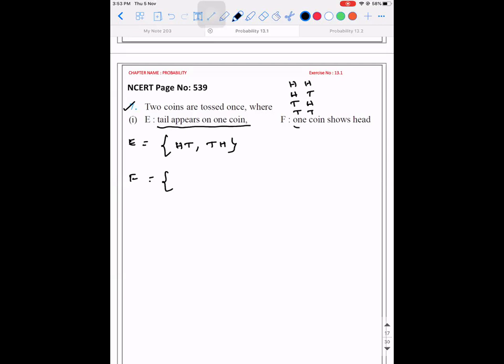Okay, sir. So here also see one coin shows head means what are we supposed to do? HT head, tail, tail, H. Okay. So what is the probability of E given F? That is probability of E intersection F divided by probability of F. What is E intersection F? What is common in both? Actually, both are common. So probability is 1. Right? Because 2 elements are common out of the 2 elements in F. So it is 100%. So this scenario is 100% possible.